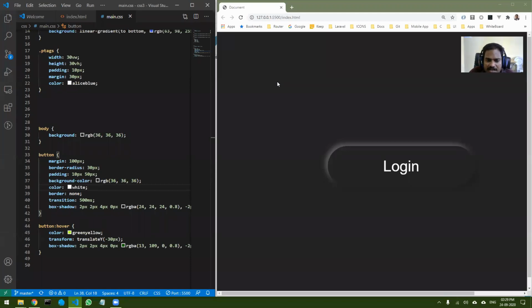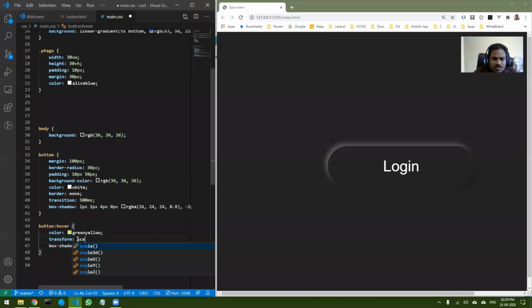Amin Ali, could you explain the scaling part again? So basically, you can transform any object, any div or any anchor tag or any element, basically using this particular property, that is transform. And the transform can take different functions. There are many functions that you can do. The first one that I showed you was scale.